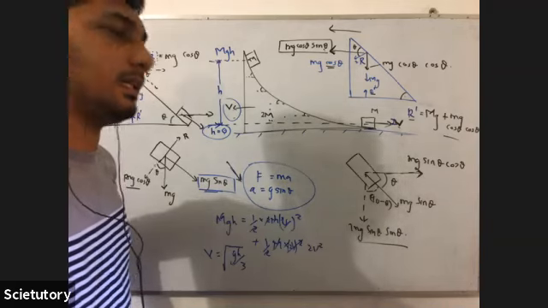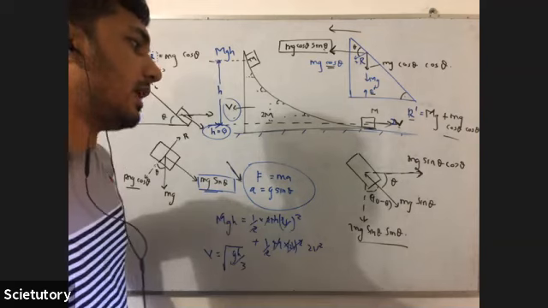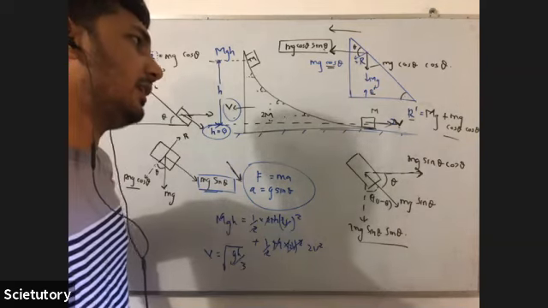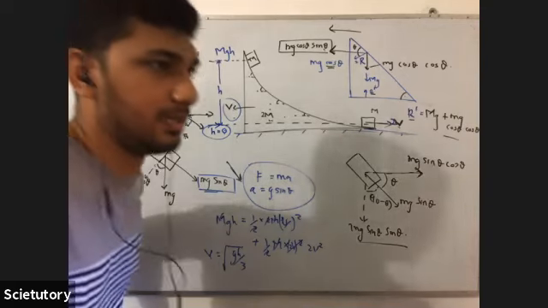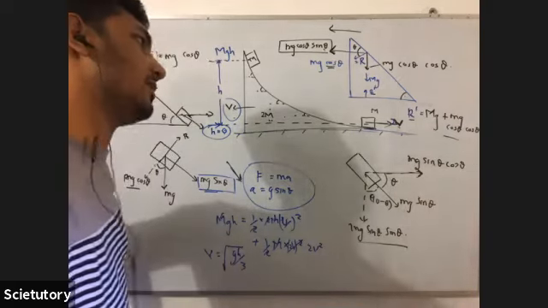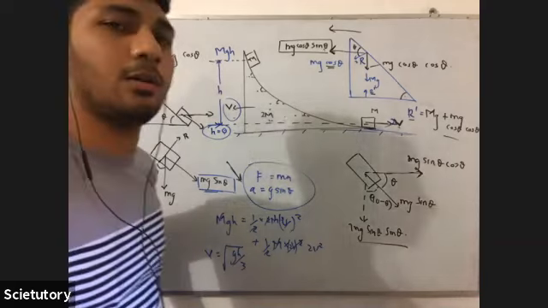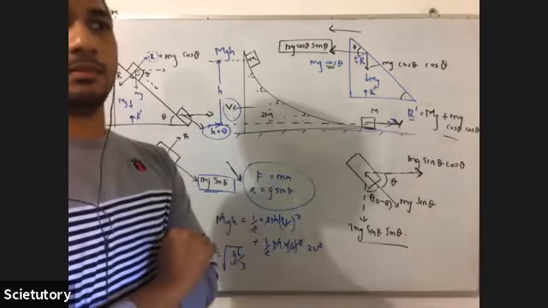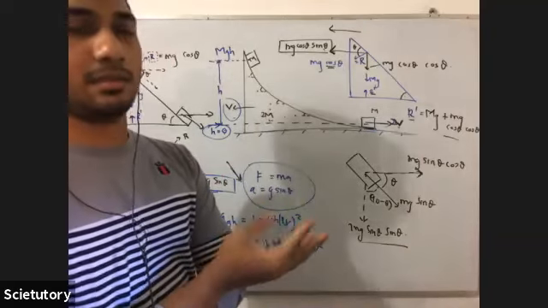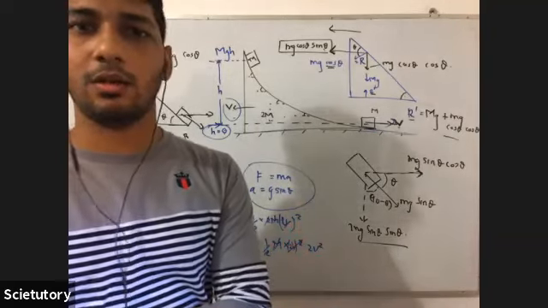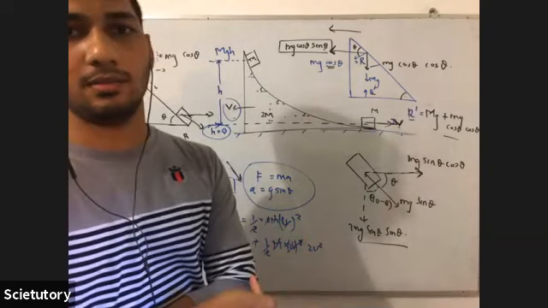Yes, correct. The acceleration of the center of gravity, or center of mass, of this system is vertically downwards. False. I will repeat it again: the acceleration of the center of gravity of this system is downwards, vertically downwards.